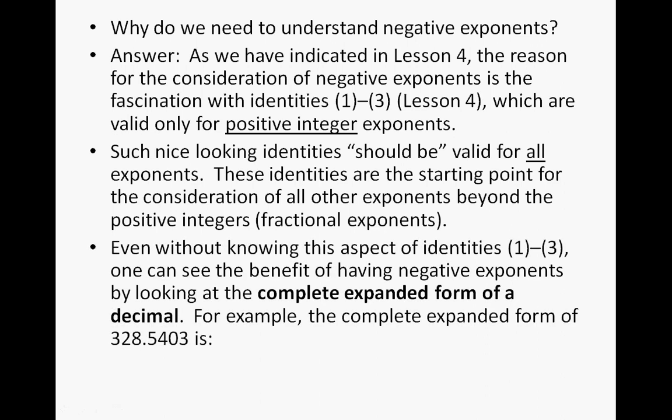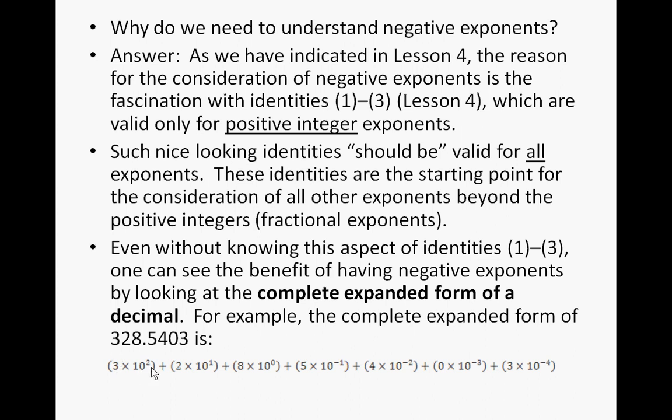So even without knowing the aspects of these identities, we can see the benefit of having negative exponents by looking at the complete expanded form of a decimal. For example, the complete expanded form of 328.5403, with 3 in the 10,000ths place, is, and this is going to be a little on the small side, but 3 is 3 times 10